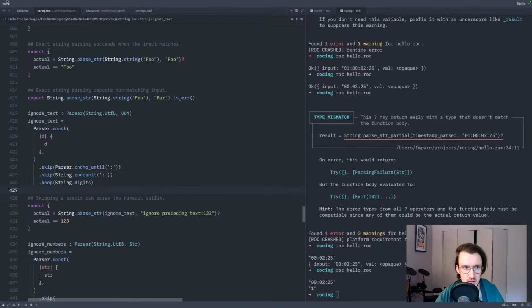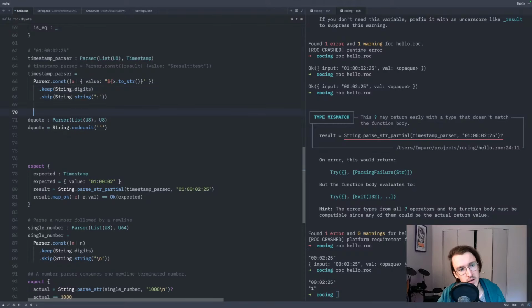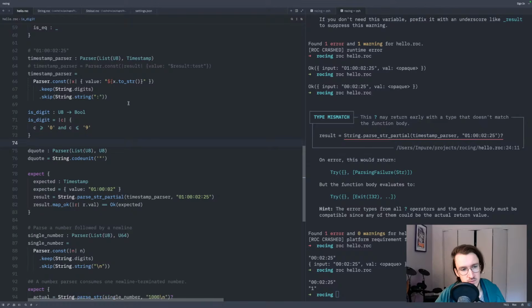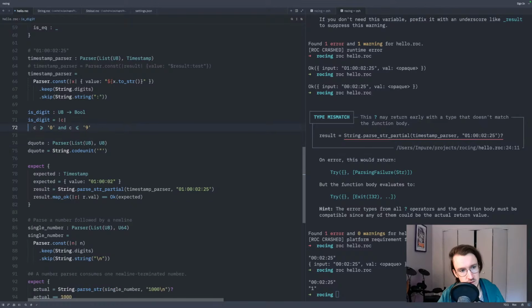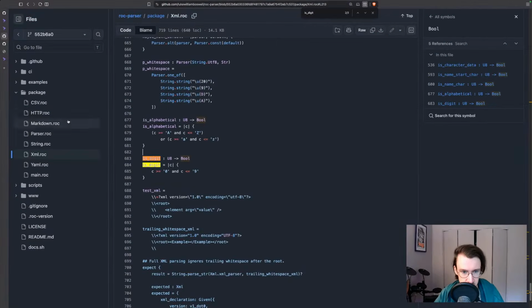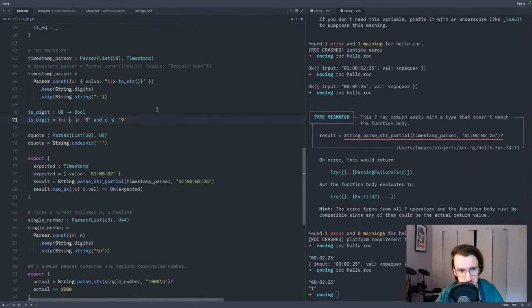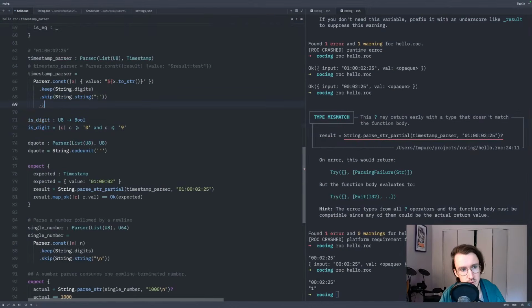That's library. So we have is digit. I need this. Simplify into this. This digit. And then keep chomp while is digit. Let's do keep chomp while